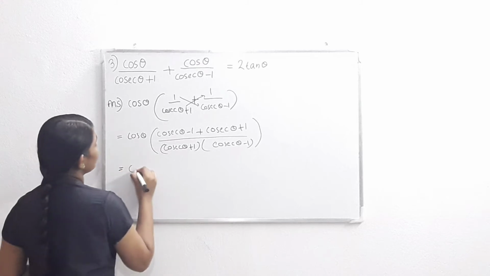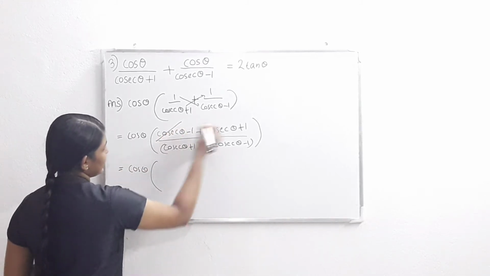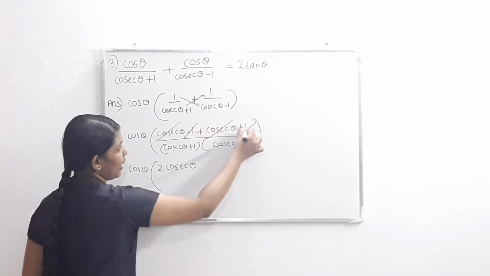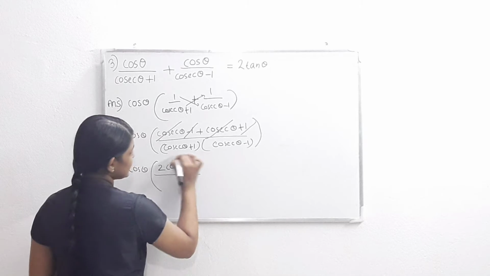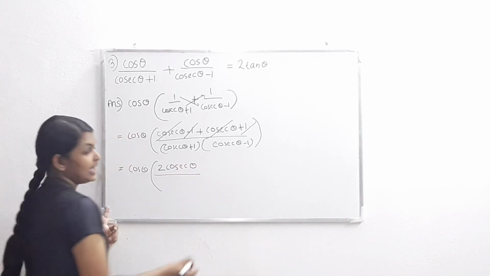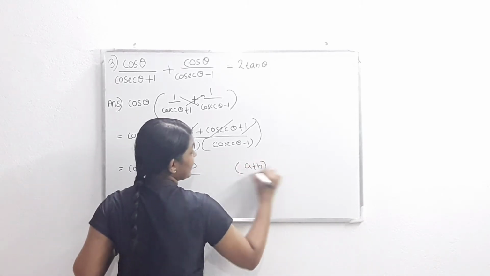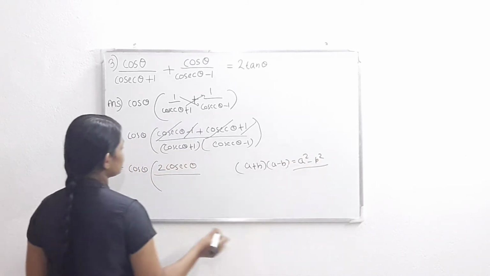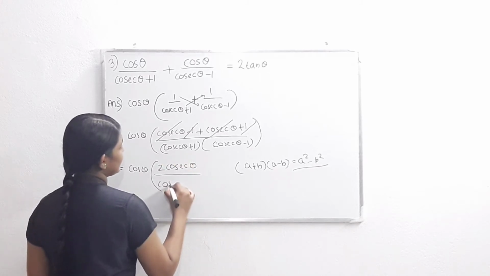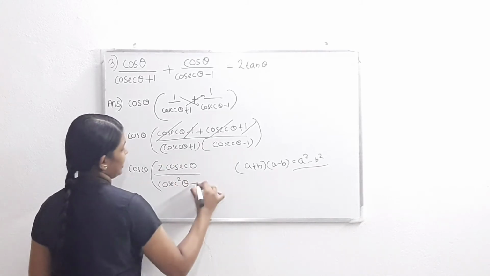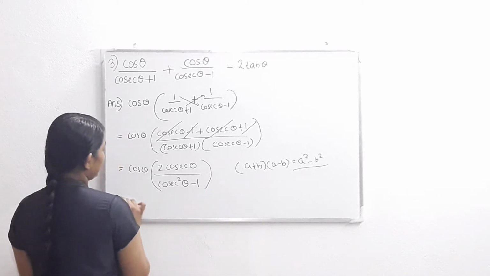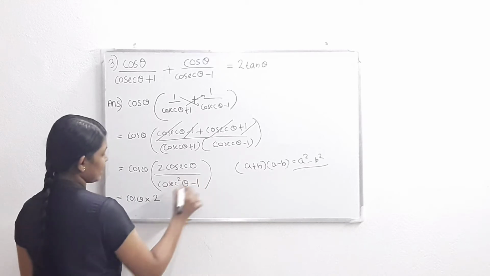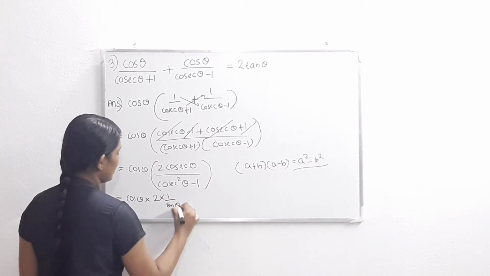This can be written as cos theta into, cosec theta and cosec theta add to give 2 cosec theta, and the minus 1 and 1 get cancelled, divided by, this is of the form a plus b into a minus b. So a plus b into a minus b can be written as a square minus b square. So we write cosec square theta minus 1 square, that is 1. And this can be written as cos theta into 2 cosec theta, which is 1 by sin theta, divided by